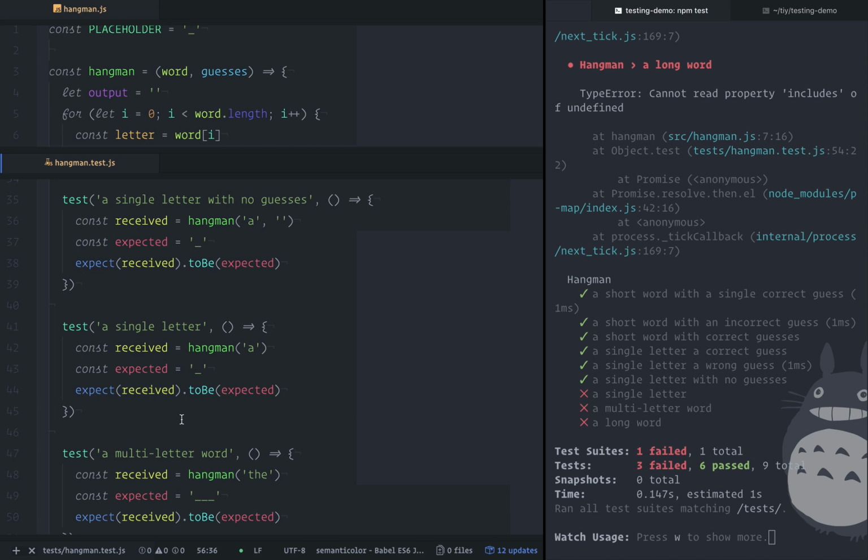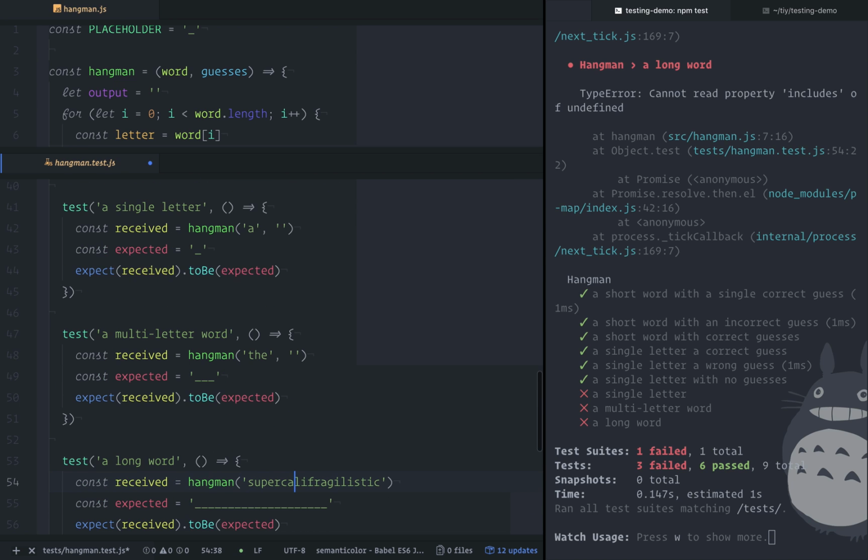I guess it depends on how you expect your function to be called. Do you ever expect it to get called without a second argument? In this case, I would say no. I would say you always have to have the word and the guesses. It doesn't make sense to have a hangman game without any guesses. Well, you have an empty guess set. Yeah, without even an empty guess. So if I pass in empty guesses here,